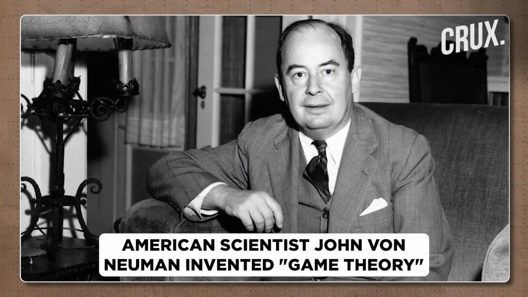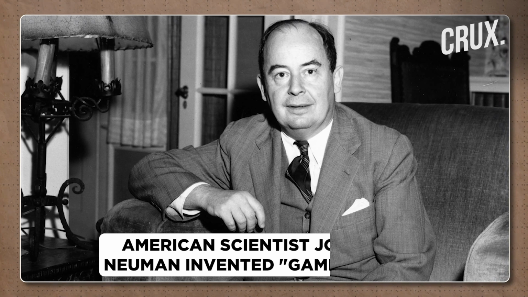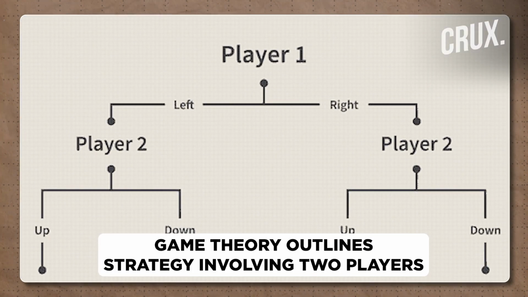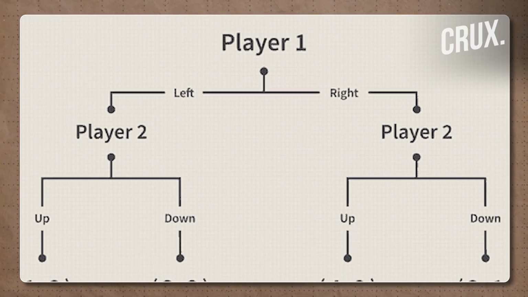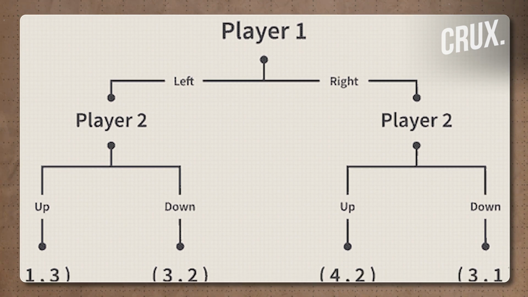Game theory is a mathematical model that was invented by the American scientist John von Neumann. Game theory outlines the method or strategy that's involved in a game comprising two players. The result of an action by each of the players is then weighed by a response or a reaction from